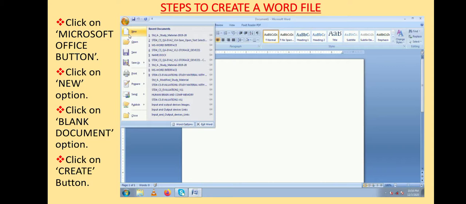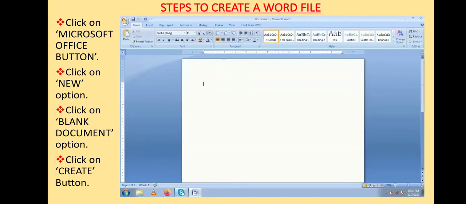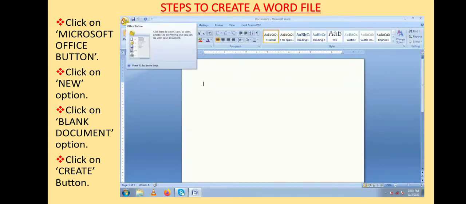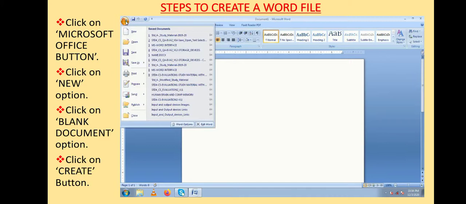We will first learn what are the steps that you have to follow if you want to create a new Word file. First of all, you click on the MS Word Microsoft Office button on the extreme left hand side top corner.